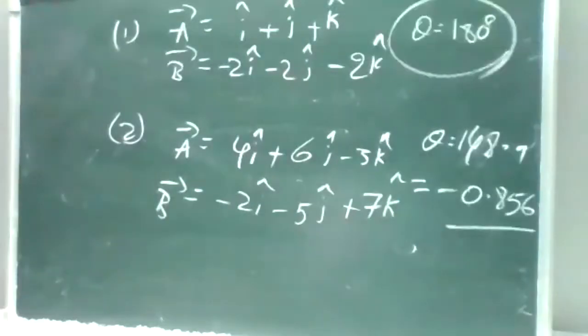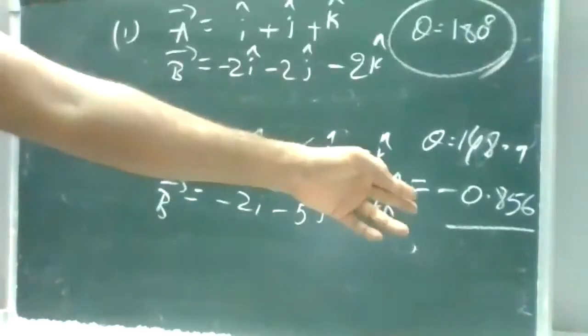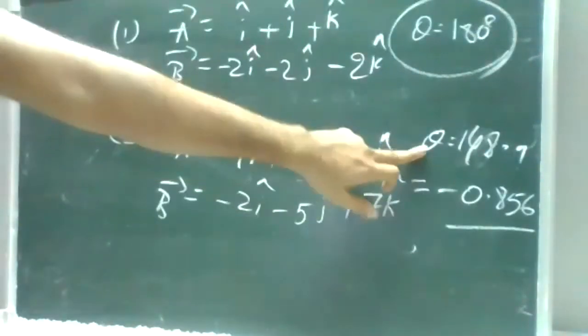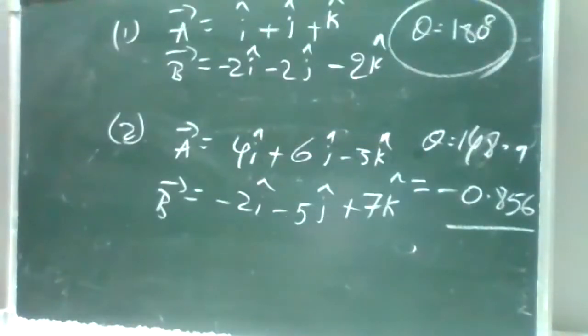Sorry, thank you, I forgot. Okay, so if cos theta is equal to minus 0.856, you'll get angle theta as 148.9. Okay, in problems they will give the log value. Yes, ma, 180 is correct. First one, 180 is correct.